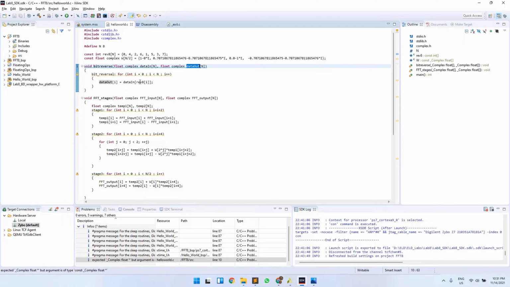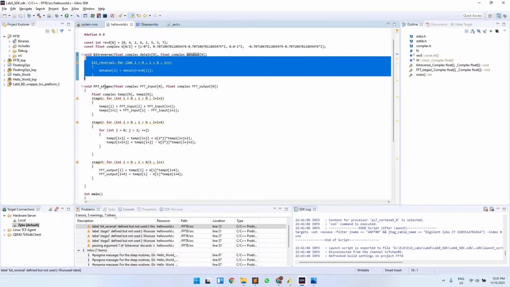The manner in which this rearrangement will happen, we have already stored the indices of the output array in which the FFT input will be swapped. The output of this bit reversal function will go to the FFT stages function, in which the final FFT output is computed for all the 3 different stages.